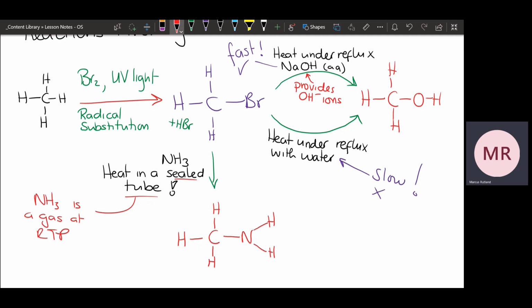Okay, this is extra evidence of Marcus's recommendation to you that you do something about your organic chemistry, because you keep on getting new bits, right? You've had the alkenes. There you can react them with hydrogen or halogens or hydrogen halides or water, and in each case you need to be able to say what the products are and the reagents and the conditions. And then we met alcohols and the fact that you can do oxidation of alcohols to things like aldehydes and ketones and carboxylic acids, but you can also dehydrate them to alkenes and do substitution of the OH group for a halogen. And now here we are with haloalkanes, and the fact that you can turn an alkane into a haloalkane, but then you can turn a haloalkane into an alcohol or an amine, all of which will start to look like a hideously complicated load of confusing nonsense,